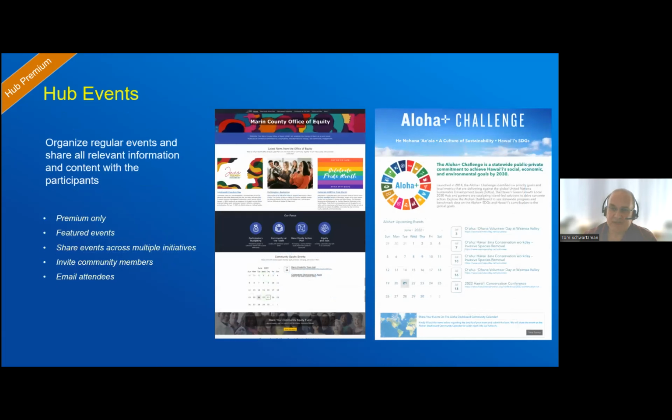A couple last slides here around other things that Premium gives you. I think I mentioned this, the idea of events, the ability to put them on a calendar, to expose them via a calendar, to let people sign up for them, to be able to message those people who are signed up for them, etc. That's part of Hub Premium. It's not as robust as Eventbrite. It's not going to automatically send out emails 2 days before an event to tell you you've signed up, etc. But it gives you a lot of those tools to know who's coming and be able to email them, etc.